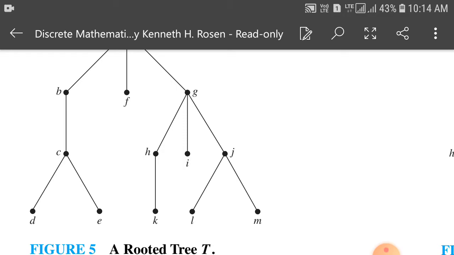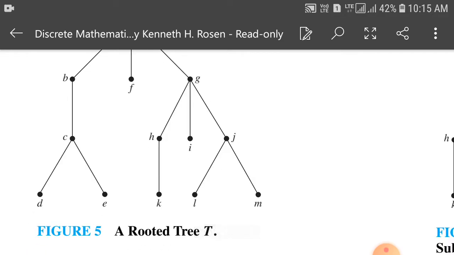So G to H we are going downwards, G to I downwards, G to J downwards. You can observe that G to K is also a path, but in between, H is there. So the only immediate child is H, so we take the children of G as H, I, J, not K. Of course, L and M too are not children of G.